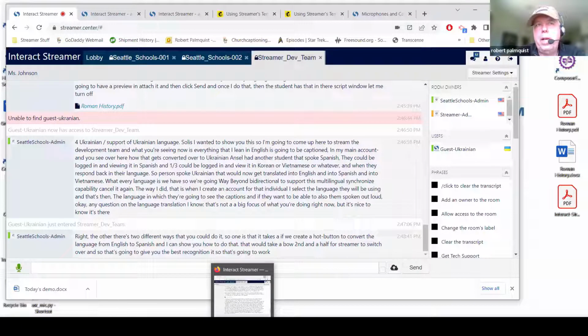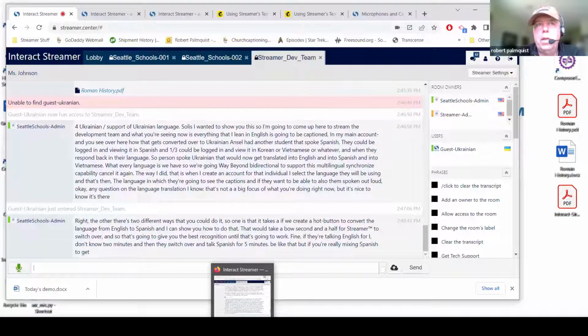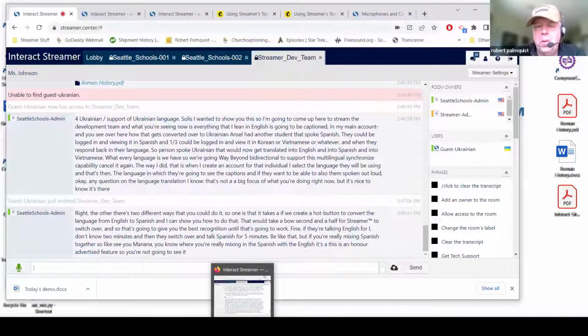And so that's going to work fine if they're talking English for, I don't know, 2 minutes, and then they switch over and talk Spanish for 5 minutes, something like that. But if you're really mixing Spanish together, like "see you mañana," where you're really mixing in the Spanish with the English,